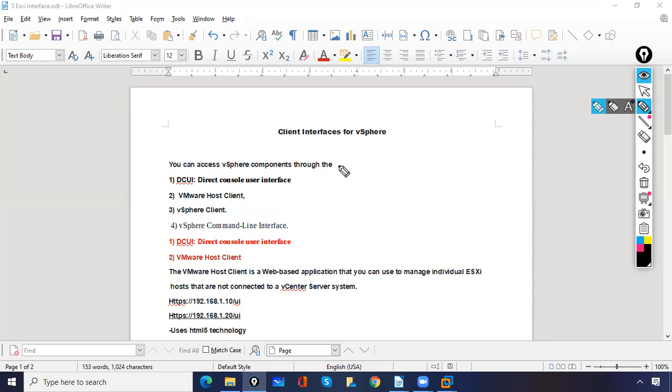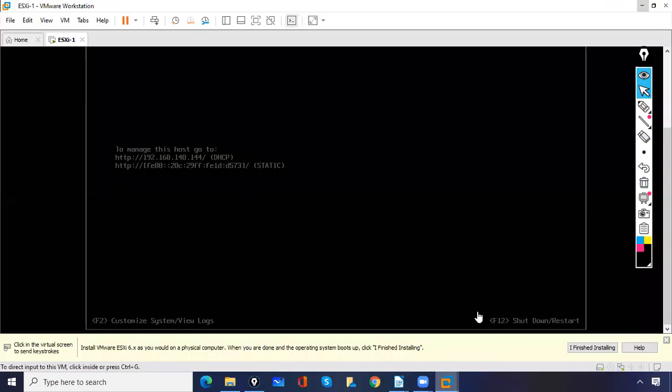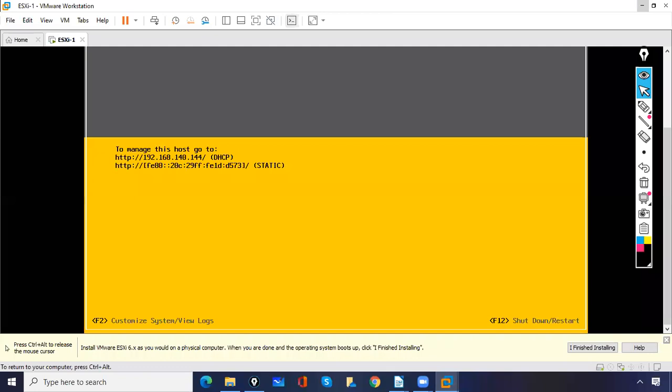We have client interfaces for vSphere. How to access the ESXi host? There are four ways to access the ESXi host. The first way is DCUI, Direct Console User Interface. Okay, this is the DCUI. You see this method. If you press F2 here,